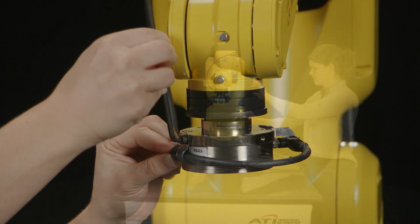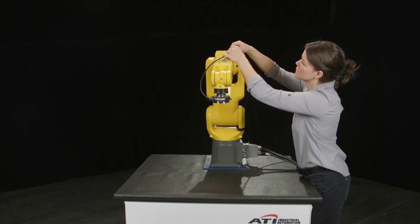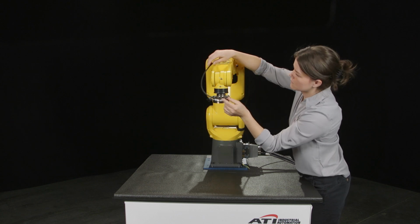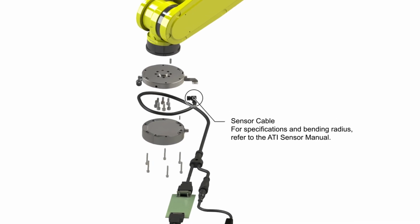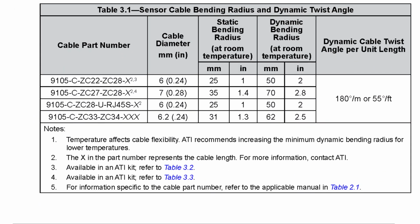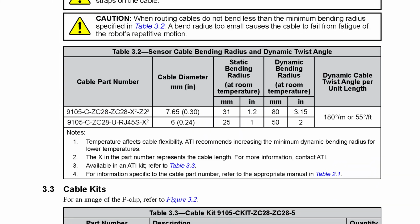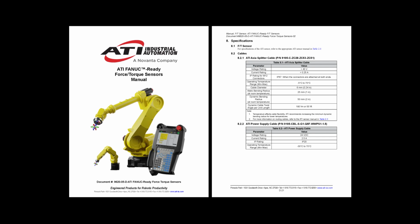Route the sensor side cable. Install any ATI or user-provided cable management brackets or clips. Never use zip ties on the cable jacket. You can find the minimum bend radius and other cable specifications in the ATI manuals. For the sensor cable, refer to the specific ATI sensor manual. For the FANUC-Ready cables on the robot side, like the splitter cable, refer to the ATI FANUC-Ready manual for cable